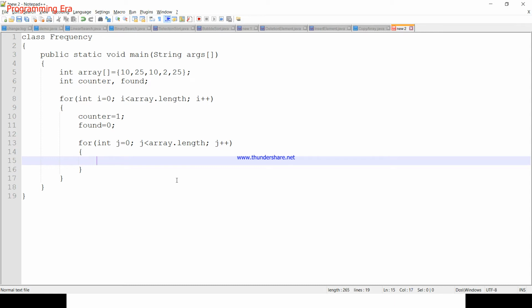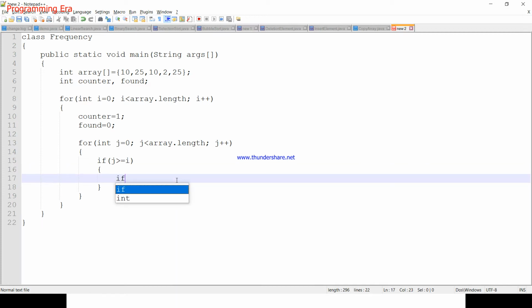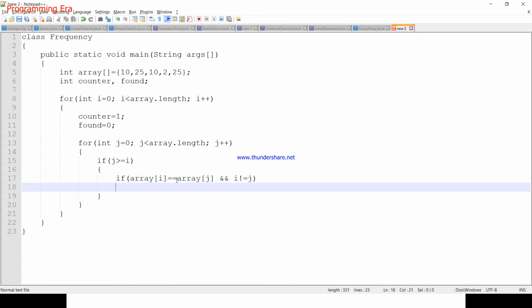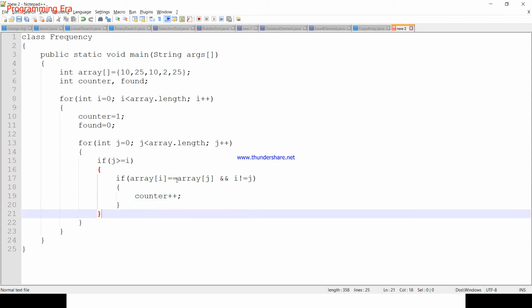In the second loop, we will apply a condition: if j is greater than or equal to i, and array i equals array j, and i not equals to j, in that case, counter will increase by 1.